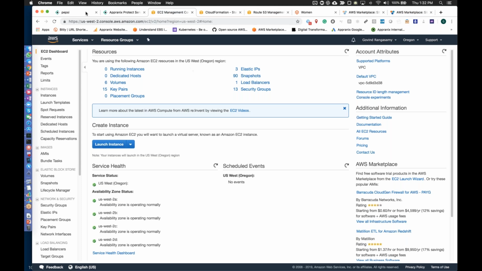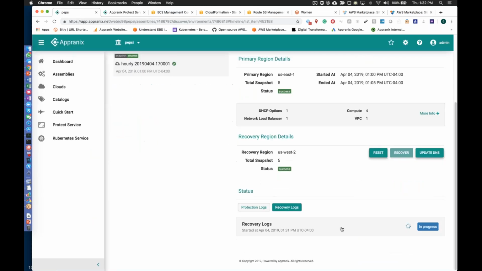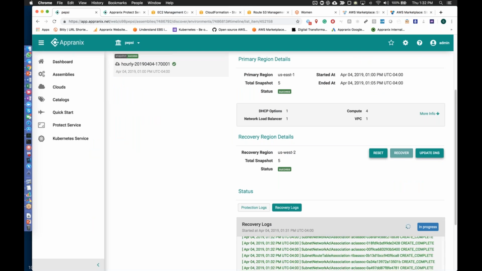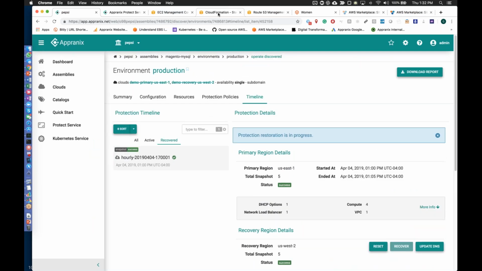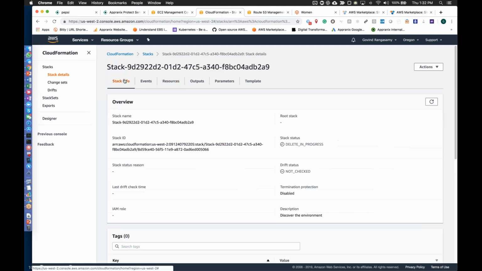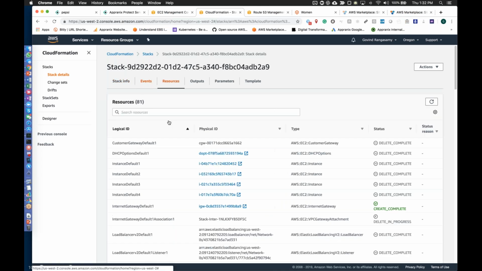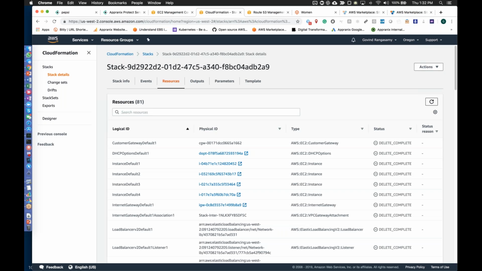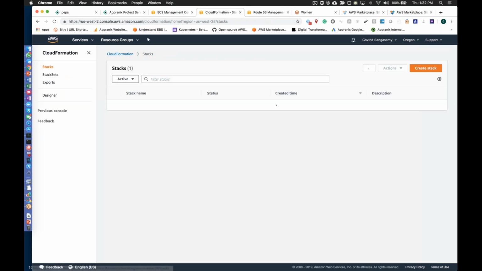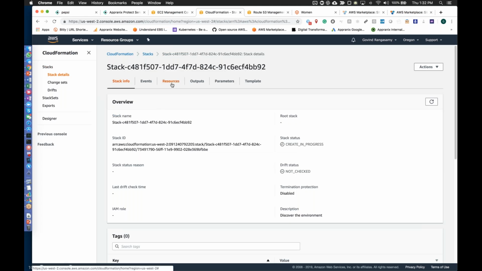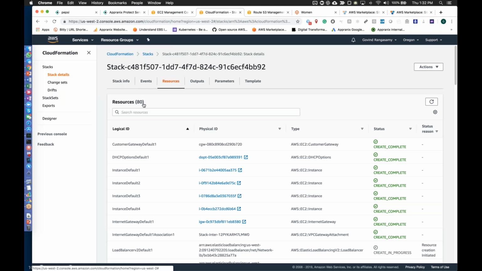While the system is bringing up that set of resources, you can see the CloudFormation stack here, stack info, all of that. Let's do the release. The resources will come up. You can see there are about 81. I'll have to restart this particular stack. Stacks. It's a different stack. It's a new stack that's getting created. You can see the resources that are getting created here. About 80 resources that need to be managed.